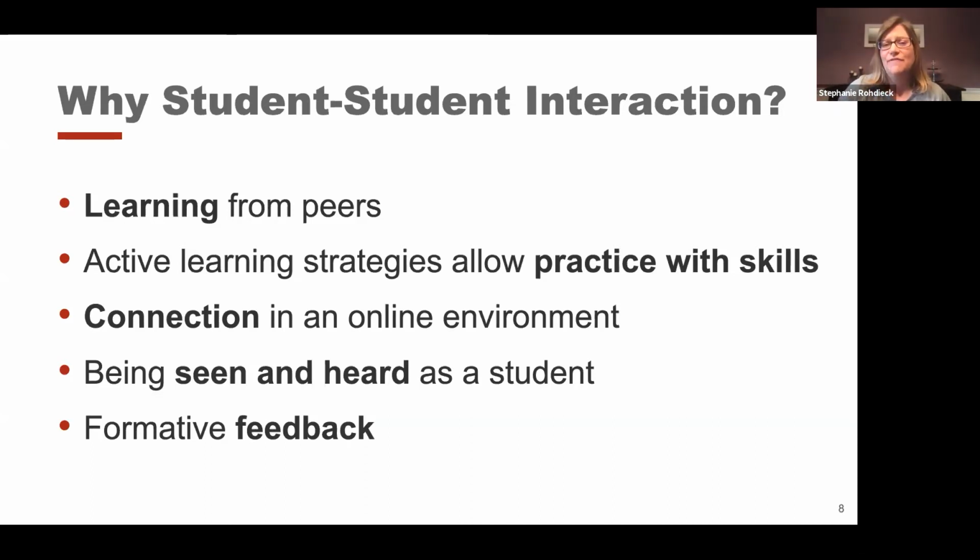This is also a way for you to get formative feedback. So it's important for me to find out what questions you're having as we're going along through the chat. It's helpful for me to have you raise your hands and do some polls because I get a sense of who you are and where you're struggling. And so thinking about using CarmenZoom in this way, you'll have a chance to find out how those groups went. Did they actually really understand the reading that they were supposed to do?